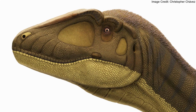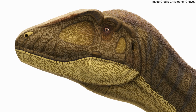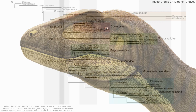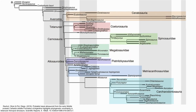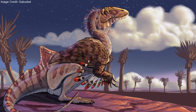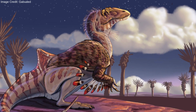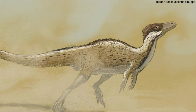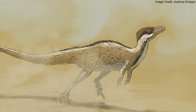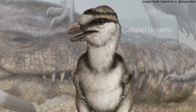Part of the reason for the skepticism concerning Concavenator's quill knobs is that most dinosaurs with preserved feathers are from the clade Coelurosauria, while Concavenator and the rest of Carcharodontosauridae belong to their sister clade Carnosauria. When Concavenator was discovered, this provided evidence that feathers might have evolved before the first Coelurosaurs. Support for this hypothesis has only increased since then, with the feathered dinosaurs Juravenator and Kulindadromeus now thought to have